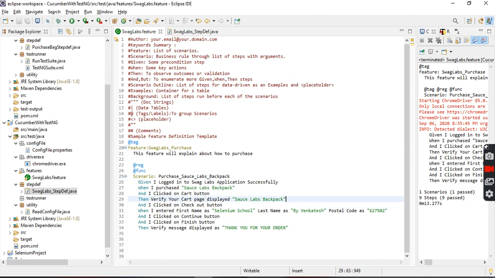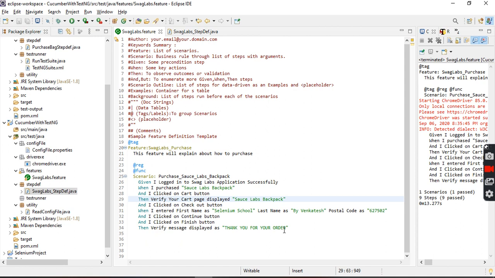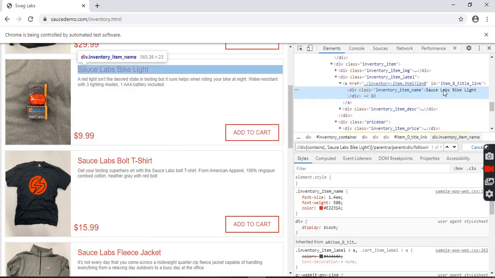Again, but I want to test this one also. SAS Lab Bolt T-shirt, sorry, or SAS Lab bike light, something. Yes, simple. Just create a scenario. What is the scenario name? Scenario purchase. Okay, what is the name? Just keep the name as this one.